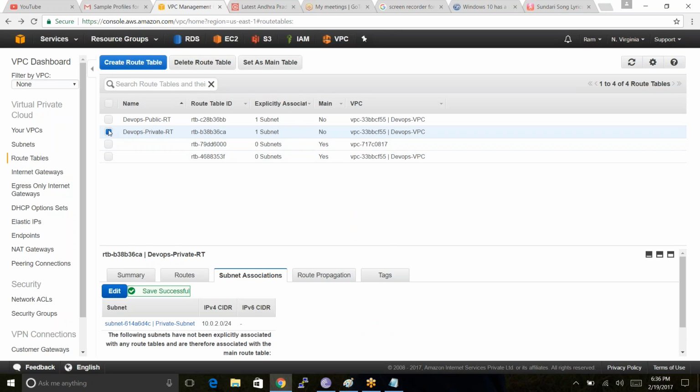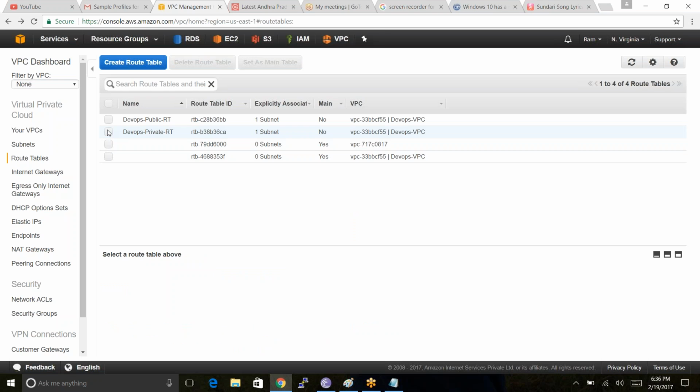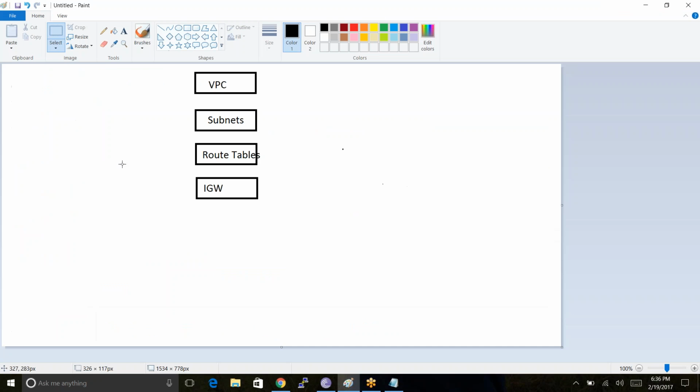So that's it, guys. I hope we are mostly done with creating the VPC. I'm just recalling once again what we created so far. We first created the VPC, and after that we created a public subnet and a private subnet, and after that we created the internet gateway, IGW, which helps us connect to the outside world, the internet. And routing tables: we created two routing tables, one public and one private. I edited the routing table with all zeros IP address, attached it to my public subnet, and the rest is the private subnet.